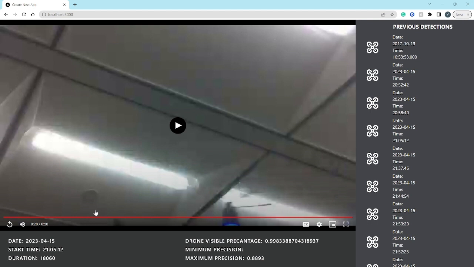Once we detect a drone, we start a timer. In our case, we have the timer set to 10 seconds. After that 10 seconds ends, we check whether there's still a drone. If there's still a drone, then we keep on going and going until we don't detect a drone,